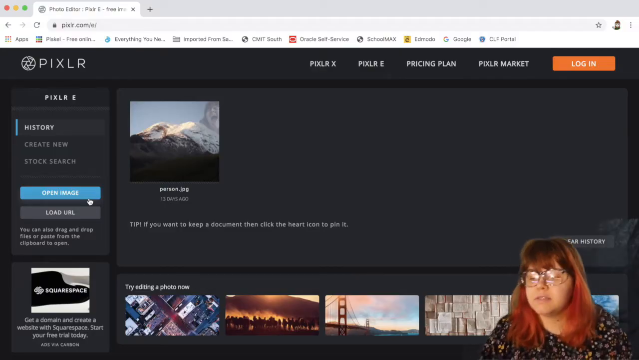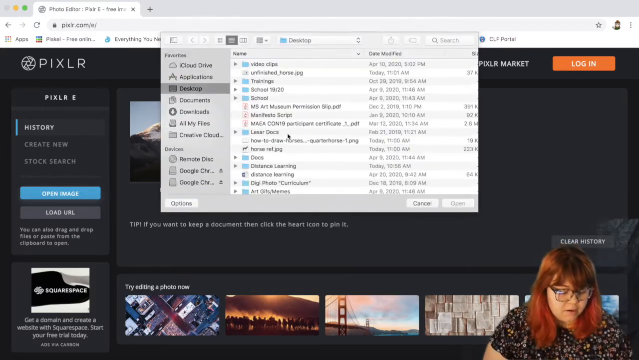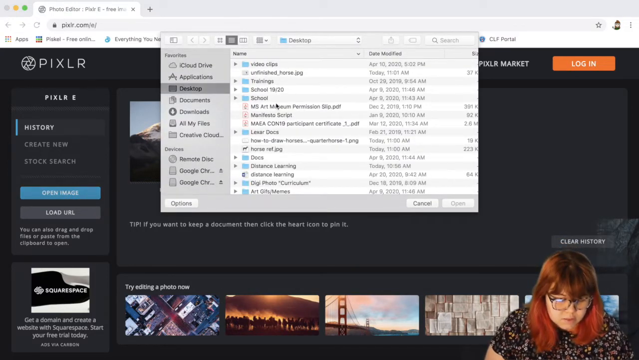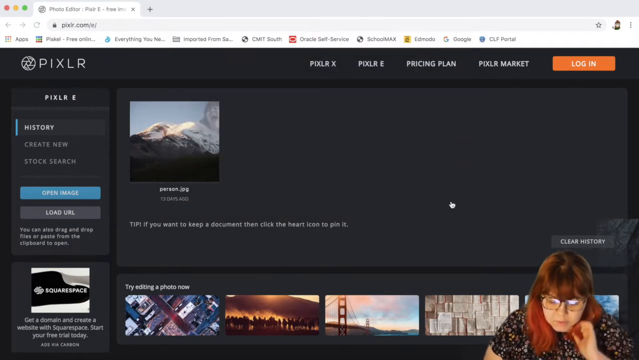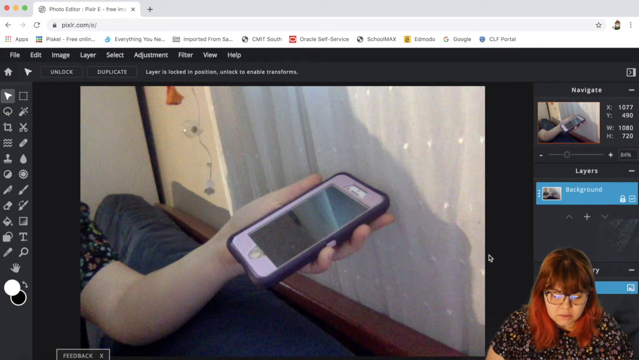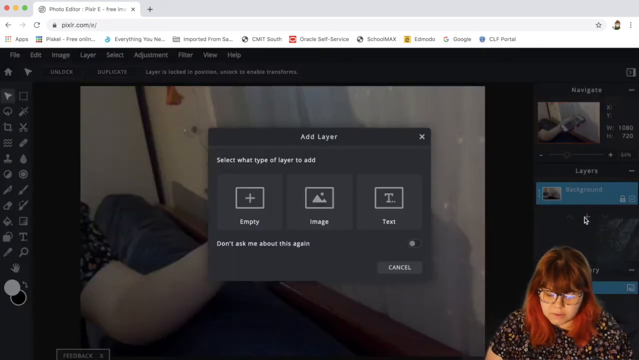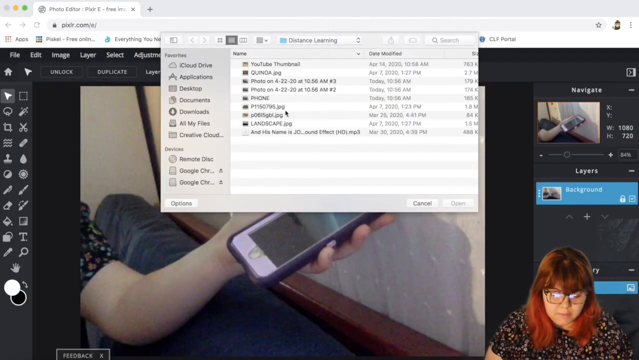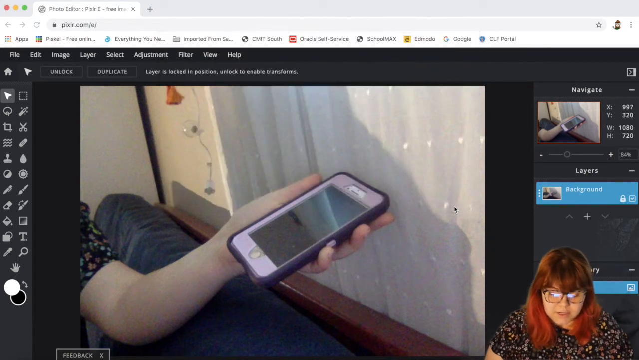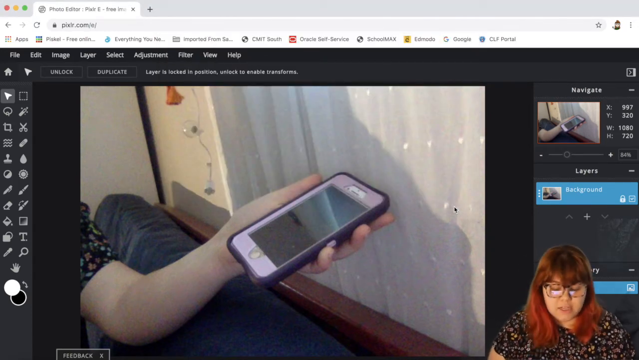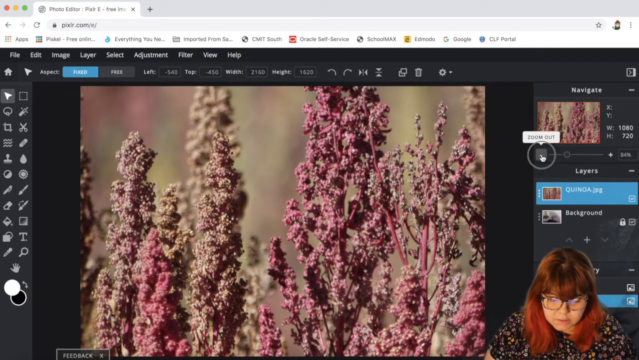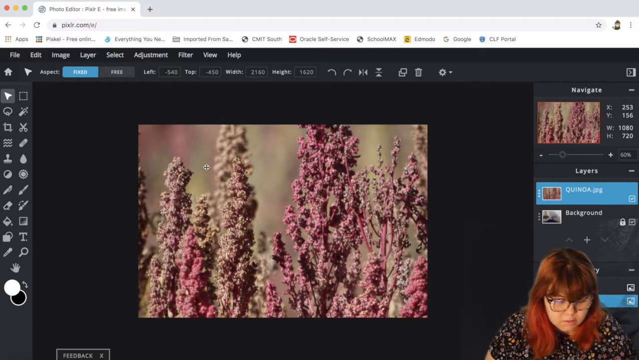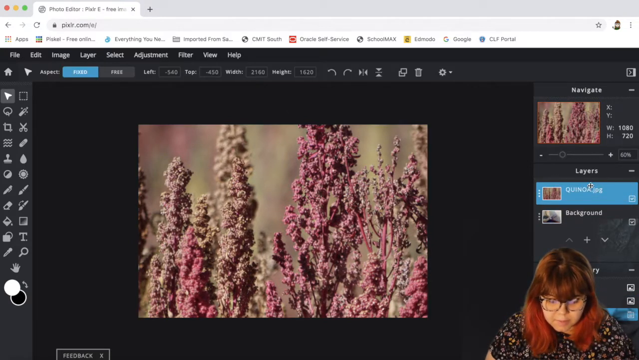Again, we are in Pixlr, and then you're going to open those said images. I'm going to open the phone first, so you can see it's beautiful. We're going to add the other image. Mine is of some quinoa that I took a while back. I'm going to unlock my background and then